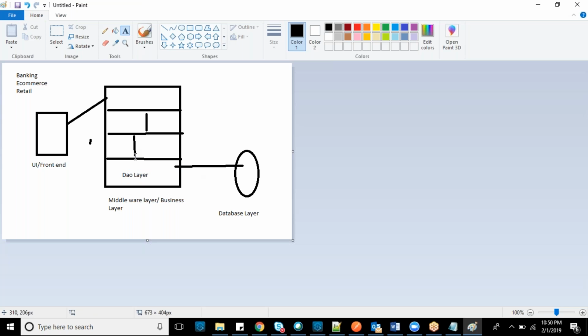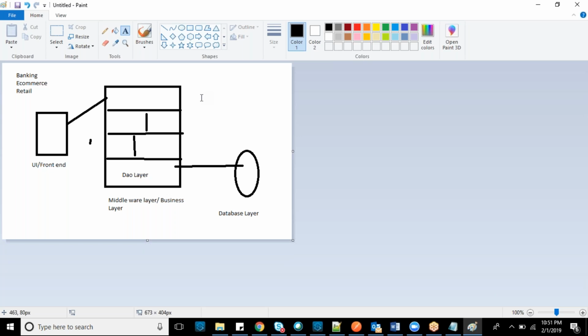So this is the layered architecture I'm telling. If you know Spring, is anyone aware of the Spring technology? No. Okay, fine. Spring is a modular technology where the application is divided so that maintenance, development and tracing are easy, so Spring became very popular in the Java environment.